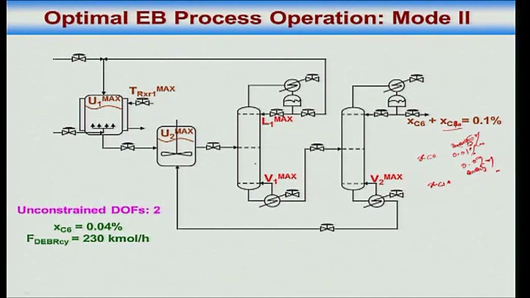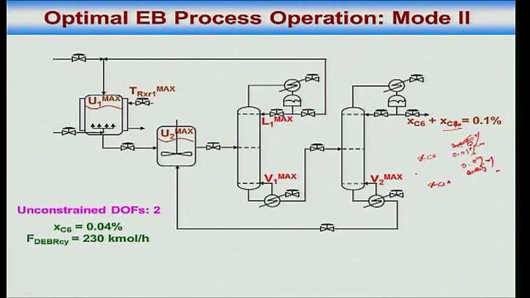If this becomes very tight in the first column, V1 is at max, I do not want to let any benzene leak out, that means the feed that I can suck in the first column will be only so much, right? So in the extreme where the principal impurity is benzene, the second column becomes limiting. In the extreme that the principal impurity is diethyl benzene, the first column becomes limiting. Somewhere in the middle is the optimum that gives you maximum FC2. That is your objective, right?